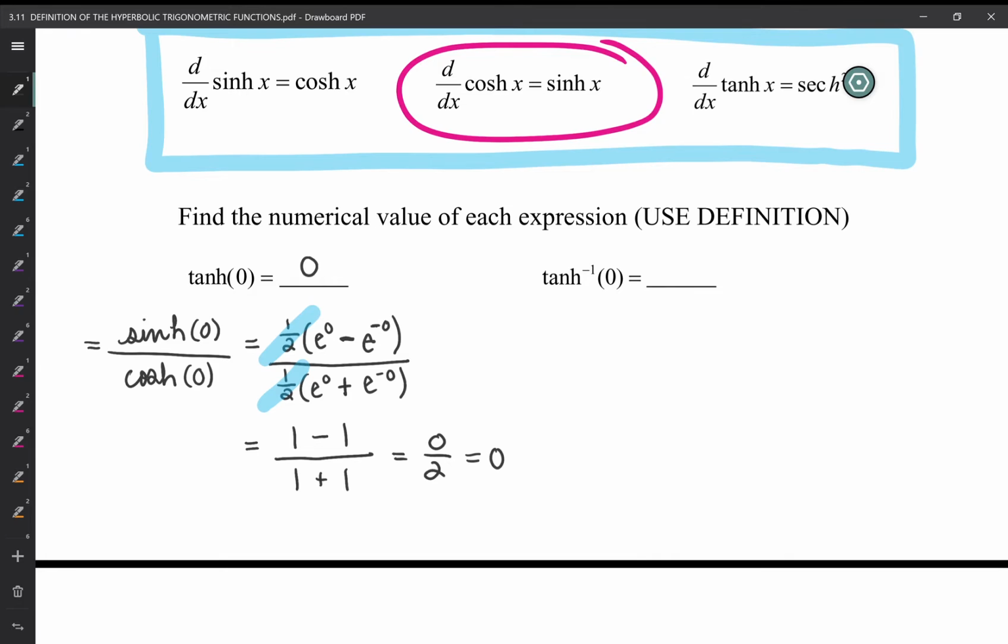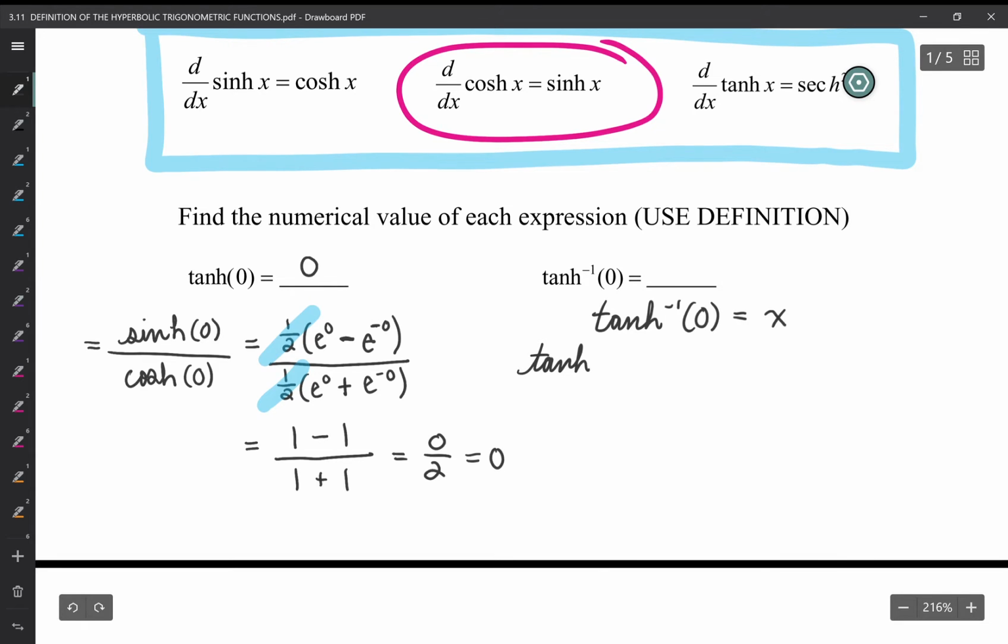We also have inverse hyperbolic functions. So if we want to find the inverse hyperbolic tangent of 0, it helps to think of this as equal to some number. So the inverse hyperbolic tangent of 0 is equal to some number x. And then the inverse of the inverse hyperbolic functions are just the hyperbolic functions. So we can take the hyperbolic tangent of both sides. So we have the hyperbolic tangent of the inverse hyperbolic tangent of 0 is equal to the hyperbolic tangent of some number,